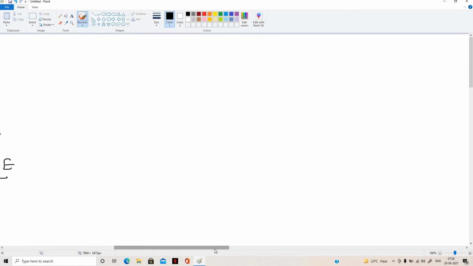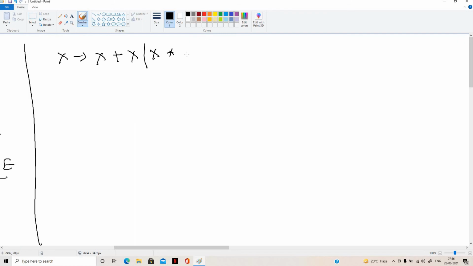So here we are going to discuss a small example for leftmost and rightmost derivations. Assume I have one grammar like this: x plus x, or x into x, or x, or a.